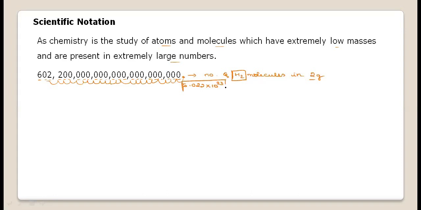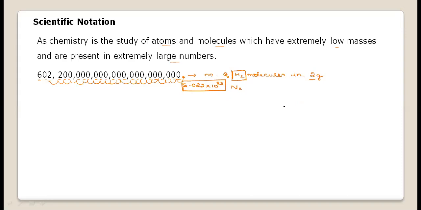This is called a constant, which is the Avogadro number. Instead of writing this number as such, if we represent it as 6.022 into 10 to the power of 23, it represents the constant Avogadro number. Like that, if you take the constant terms, you have many, including the charge of electron, the mass of electron, proton, neutron, and constant terms such as speed of light or Planck's constant.